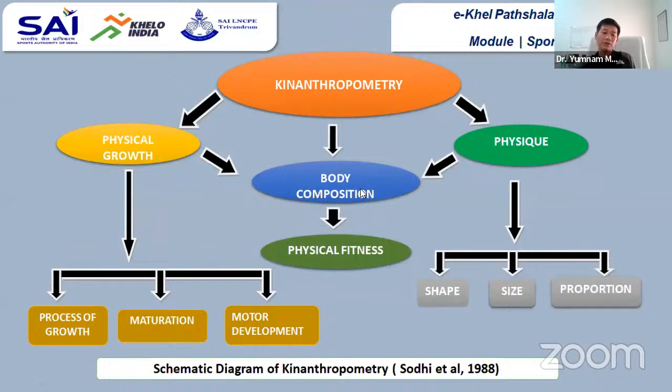One is body composition, which deals with bone mass, muscle mass, fat mass, and remainder. Another aspect is physique, which deals with the shape, size, and proportion of an individual, which has already been discussed. All these things are studied finally for the physical fitness of the individual. Physical fitness is trainable. By training you can improve, you can gain muscle, you can reduce your fat. A healthy population can train it through exercise.